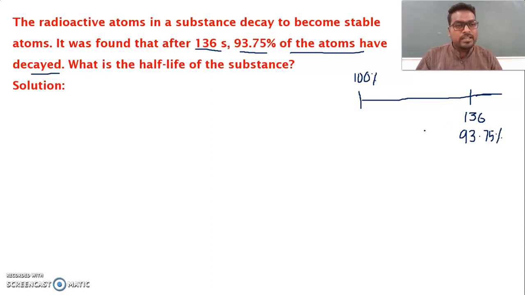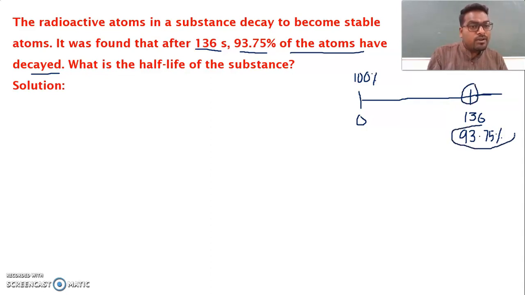That means at the 0th minute it is 100%. As the reaction goes on, exactly at 136 seconds, 93.75% of the radioactive substance has decayed. Then the remaining amount is nothing but what? If you want the remaining amount of the radioactive substance at that time, dear student, don't get